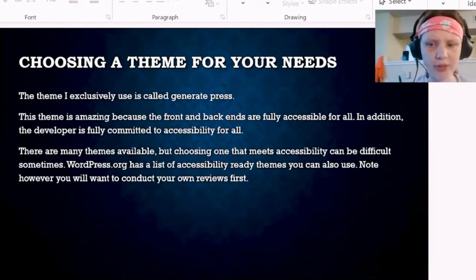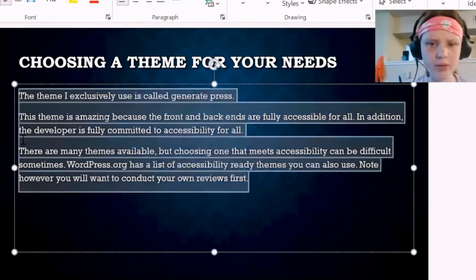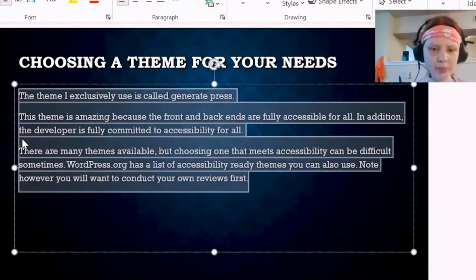Choosing a theme for your needs. So we have talked a lot about the considerations before website construction, which is great. But now we're going to talk about the theme selection and the plugin selection, because these are the next two areas where we have to really be careful about how we design our sites. So, for example,